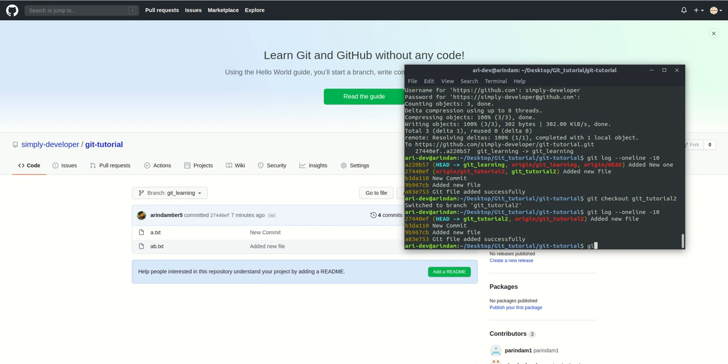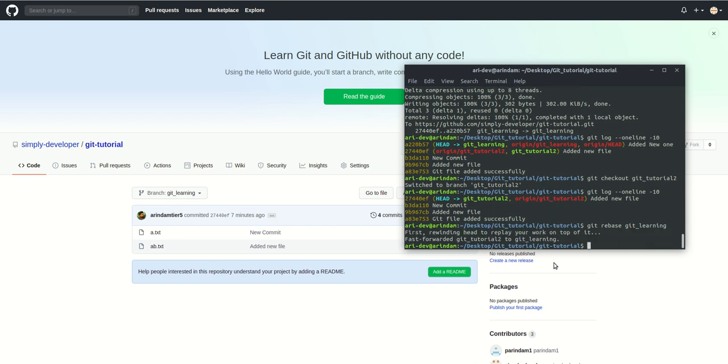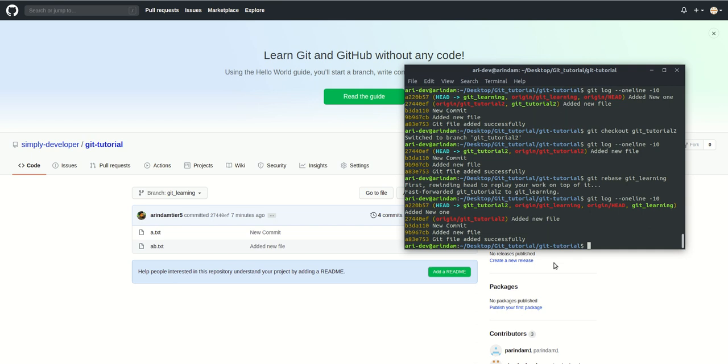But if you rebase, then git rebase and that branch name, git learning. Okay, I think I missed it. Yeah, the rebase is done. Check. In this branch the last commit is now "added new one", but previously it was "added new file". Okay, so that is git rebase.